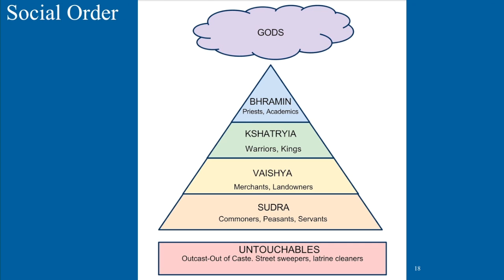During this time, they saw this social order, or this caste system, or this class system based on the jobs that many of these people did. So it didn't really have a ton to do with how much money you owned, which coincidentally, many of these jobs that are at the very top make more money than those at the very bottom. So first up, you have the gods, at the very top, and they're just kind of separate from this whole group.